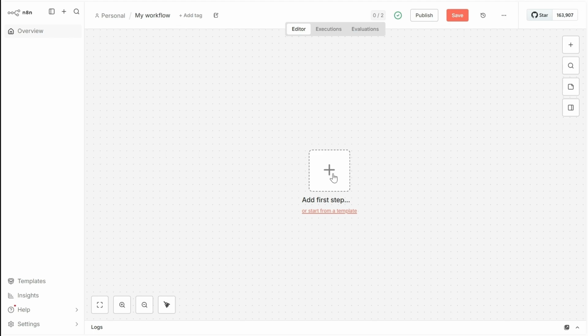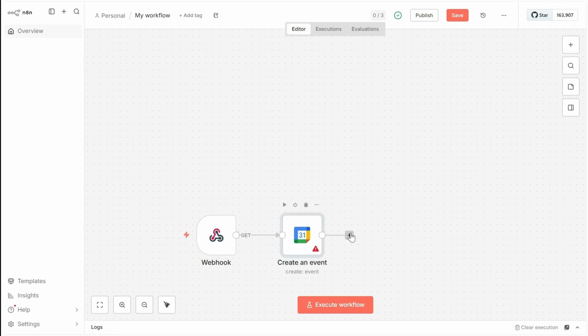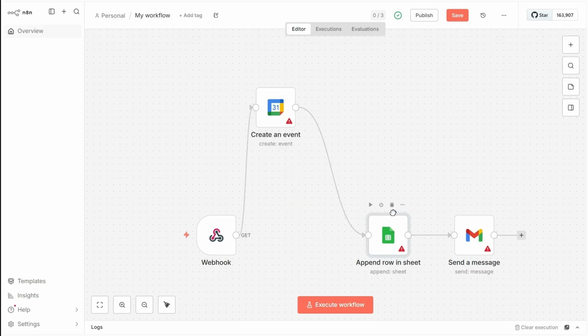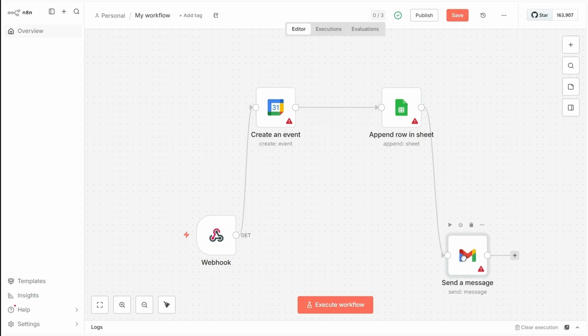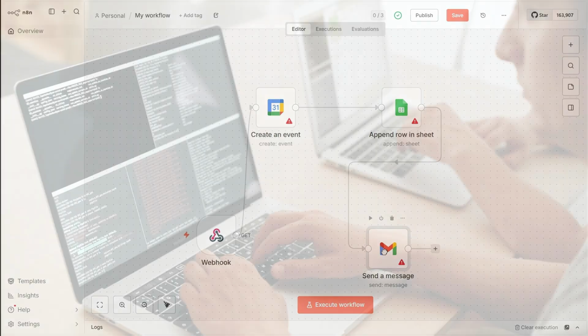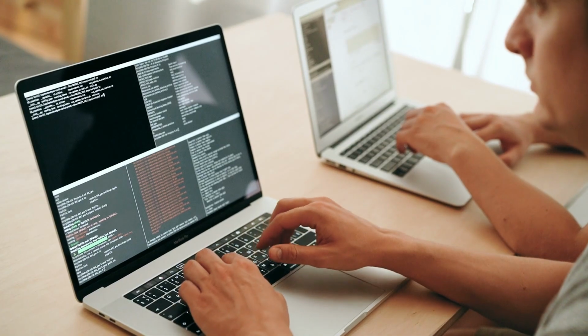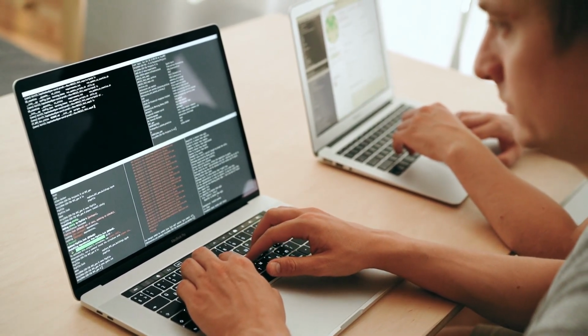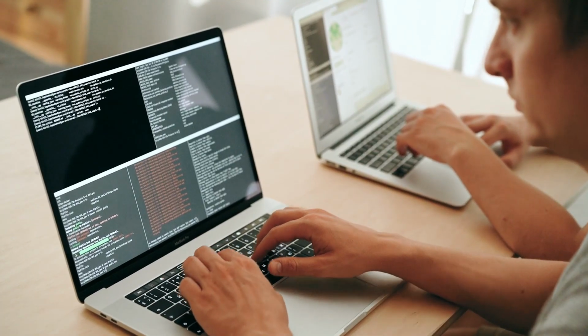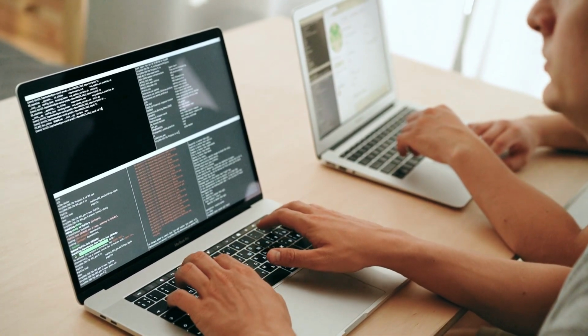Before we begin, let's take a moment to talk about n8n. n8n is an open-source automation platform that lets you connect apps, services, and data to create powerful workflows without writing code. One of its biggest advantages is that you can install it on your own web server, completely free. This gives you full ownership of your data, complete control over your automations, and the freedom to build workflows without